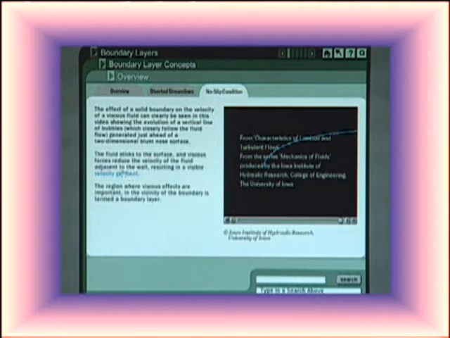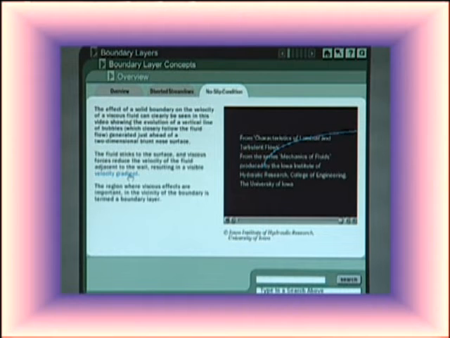So, whenever fluid comes in contact with the solid surface, the velocity at the solid surface will become equal to the velocity of the solid surface. If the solid surface is not moving, the velocity of the fluid particles will become 0, and the velocity perpendicular to the solid surface must be equal to